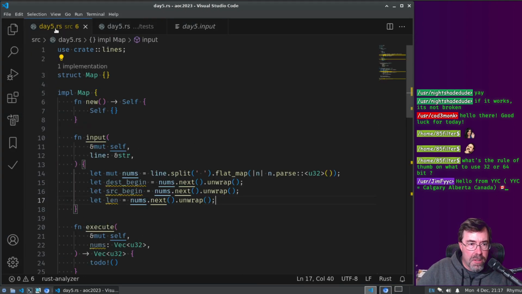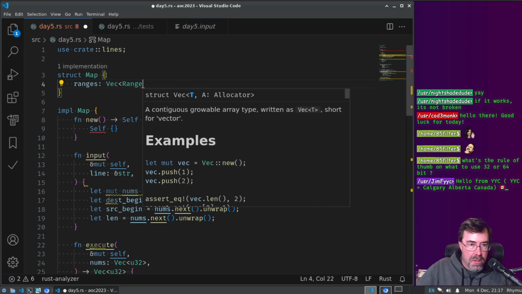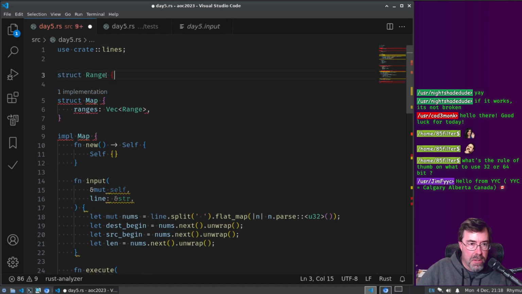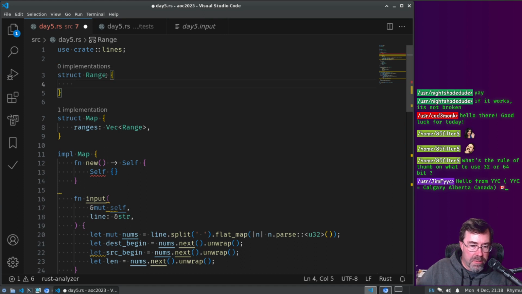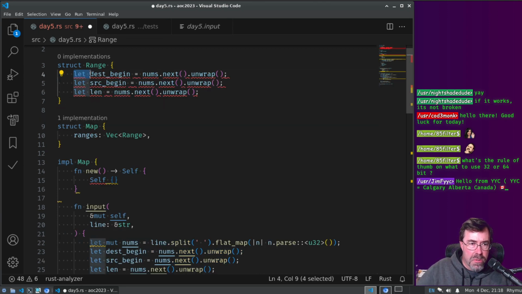So this map will have ranges, I guess. And we need to have a range. So a range will have these things in it. So I'll just copy these. Actually, then I could just move this into the parse for range, right? So these are u32s.